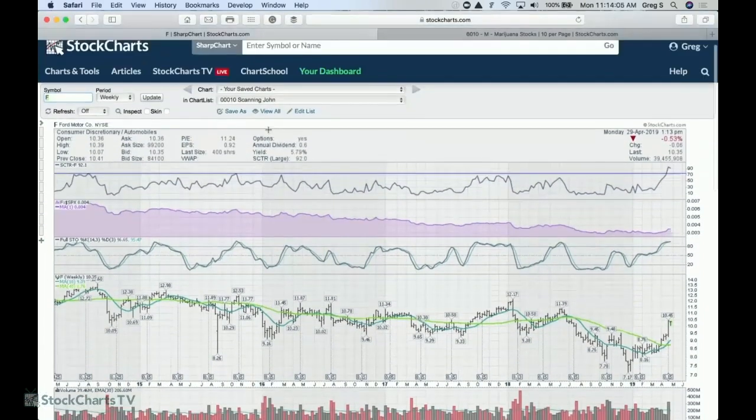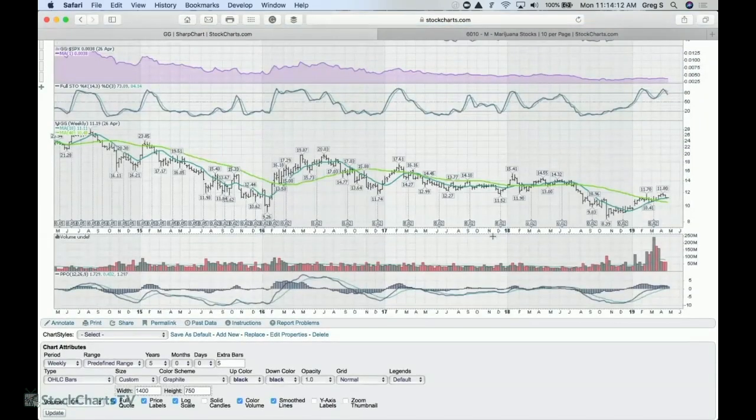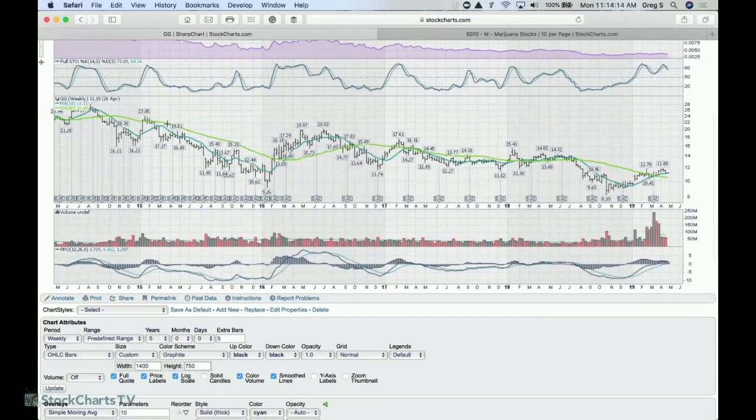Second stop, Gold Corp, GG. What the heck? Gold is at a scary level here. And so I like to look at things on a weekly chart. That's kind of my first go-to. And what you see here is a big downtrend. We're right up against the top of it. If we just snap a line on here,